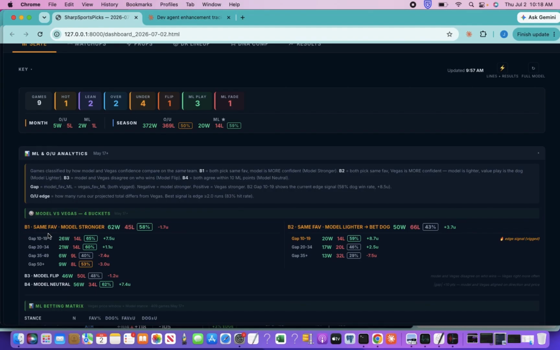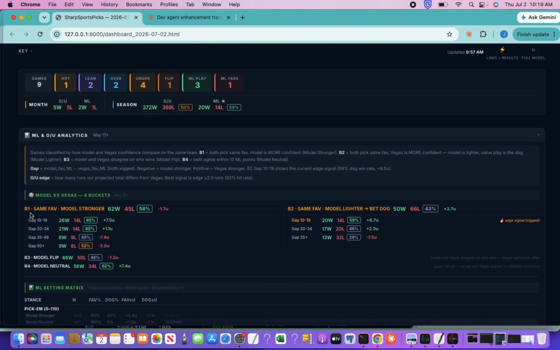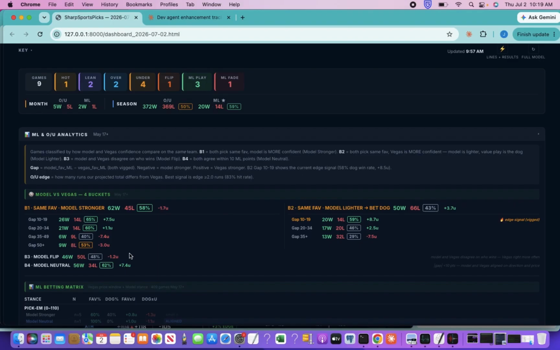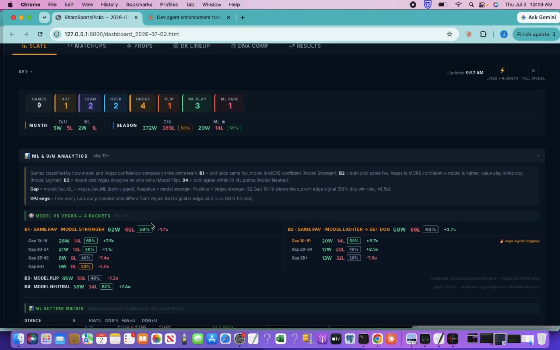So I went through the data and found some interesting stuff. This data comes from May 17th onward. That's when the model entered its final phase. I really haven't updated the model much. The first few months I was making changes and whatnot, but from May 17th on, it's minor tweaks, but it's basically locked in from there.